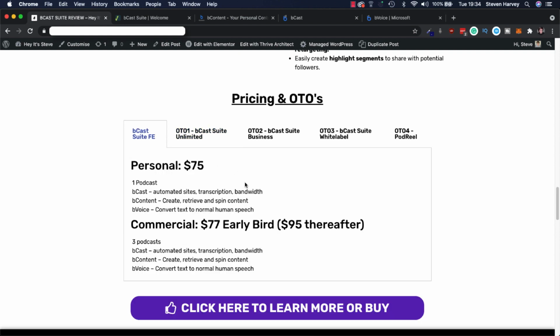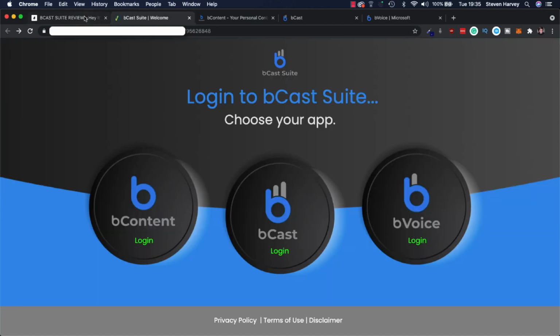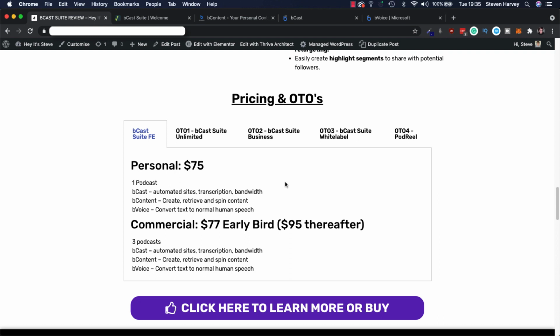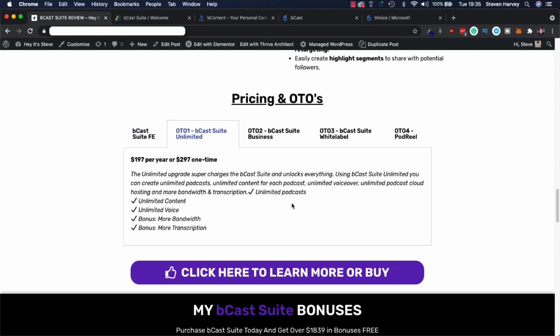Okay. Now the price of this is slightly more than what I would usually advertise products at, but this is a first-to-market product, and it's a premium product, and you're getting 3 apps in one. Okay, and that is why the price is slightly higher. But all 3 apps serve their purpose well. So bCast Unlimited, I highly recommend you get this one because you get the full selection of everything and unlimited